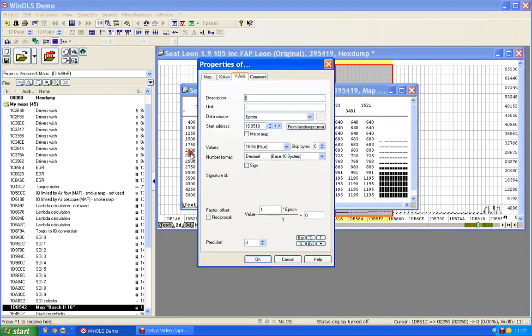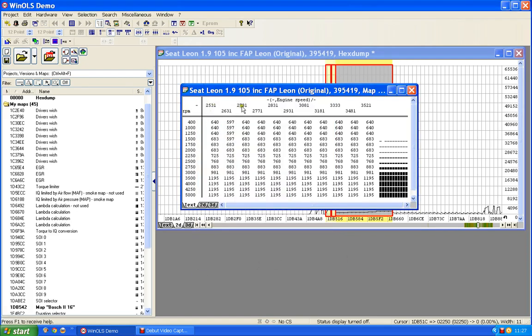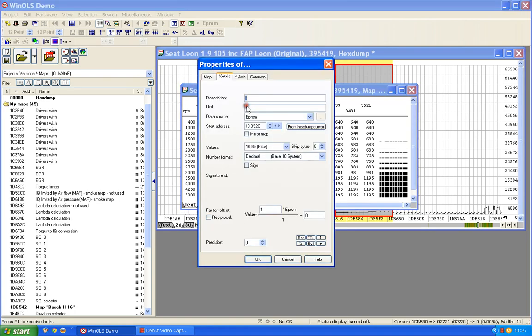This looks like revs per minute, doesn't it? So we'll put in there engine speed and revs per minute. Just accept that, and then now these, again, as I said earlier, you can usually spot temperatures, especially with the number 2731, because that may well be 273.1, so they could be temperatures. So we'll put in there